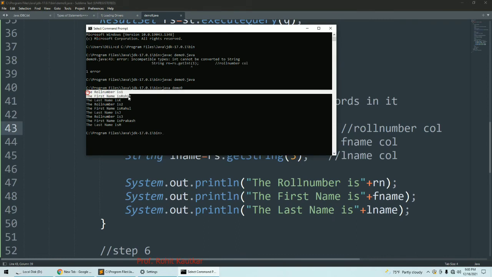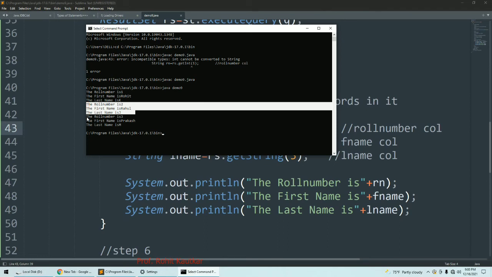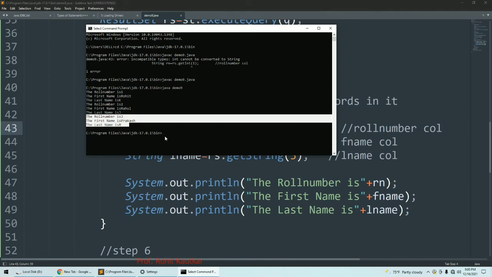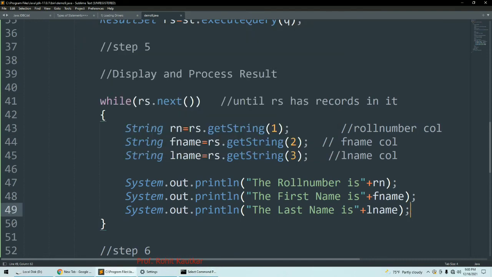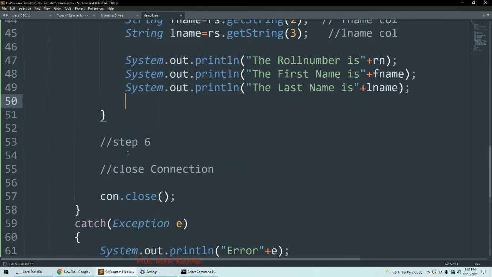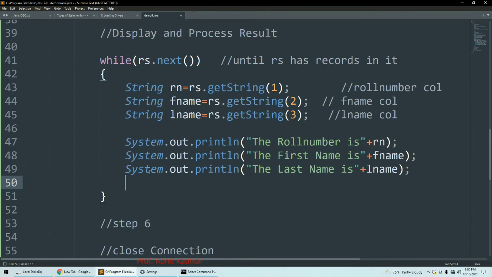We are getting first name, last name and roll number. Record number 1, here it is; record number 2, here it is; record number 3. Like this we are getting data over here. What I can do here is add a separator, so you will be able to understand the result more properly.